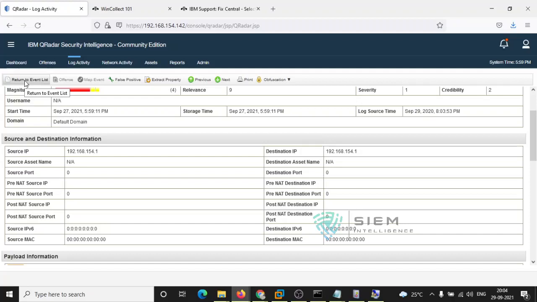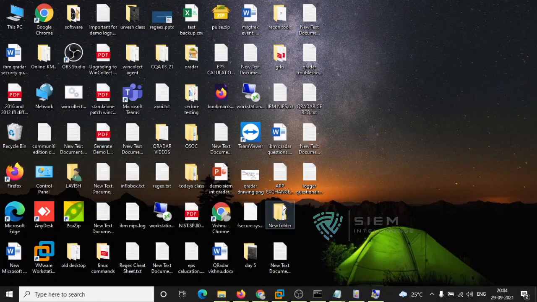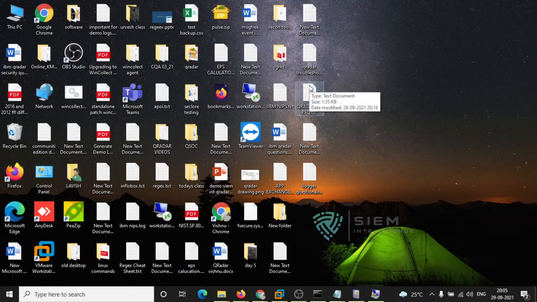So like this, you are able to integrate your standalone-based WinCollect. We'll discuss further tomorrow with respect to Windows managed, as well as how to reconfigure your standalone version. Okay, there's an option called standalone reconfigure version. See, we have configured everything. How to change the address? Suppose your QRadar IP has been changed. Is the only way to uninstall and reconfigure, or you want to add it to multiple QRadars? You have 2 QRadars in your organization. How to configure? You have configured only one IP now. By default, you have only one option to send it to one location, but you want to configure it now for multiple locations. You want to send it to multiple QRadars.